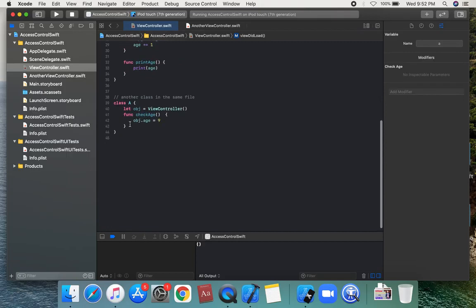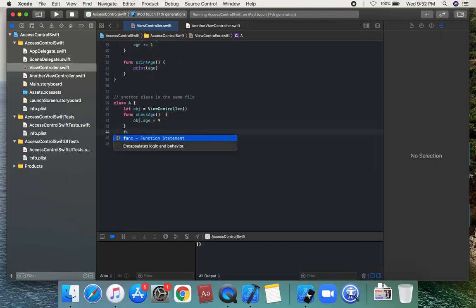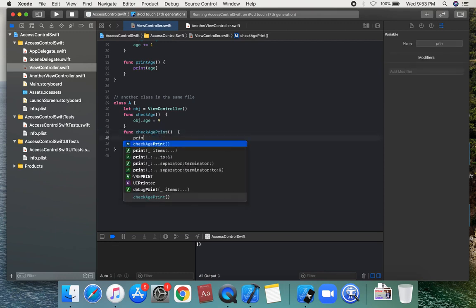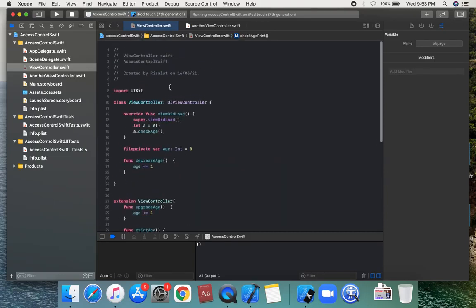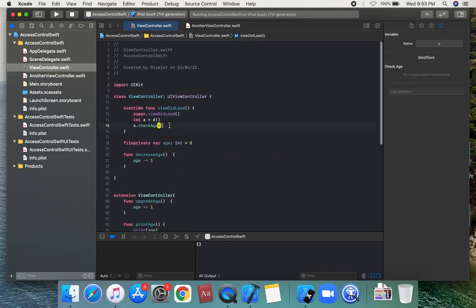So we're going to create the print function, check age print function. We're going to create this function, and we're going to create this print statement, object dot age. So we can use a dot check age.